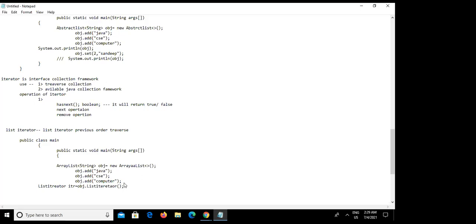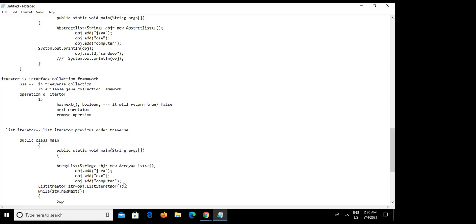So list iterator. There are two operations. While loop, I am putting a while loop, for those who are very new. In the while loop I am putting just the object itr dot has next operation, and I am putting SOP system.out.println with the iterator.